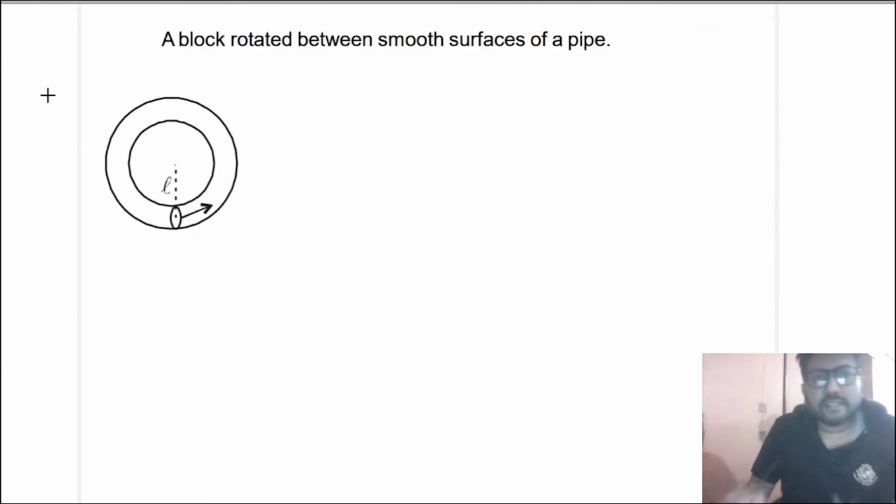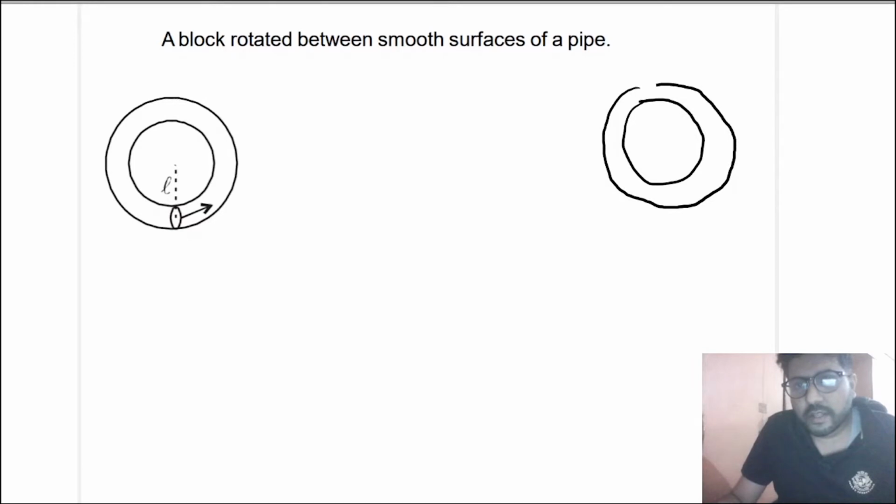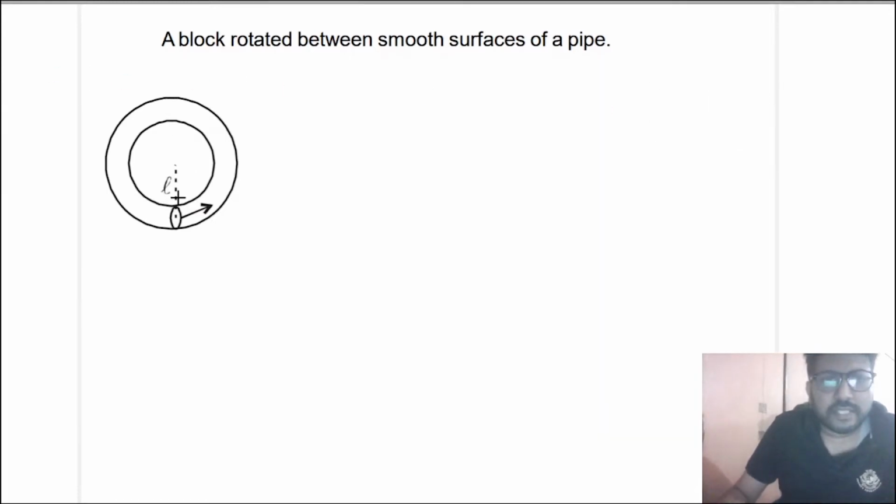In this case, there is a tube, and inside this tube there is a ball which tries to complete the vertical circle. This tube is in the vertical plane. In this case, you will see that when normal from the upper end tries to become 0, it gets support from the lower end. That means in this case, again you will say that normal cannot become 0. That means in this case also you will not make normal equal to 0 but velocity equal to 0 at the highest point.